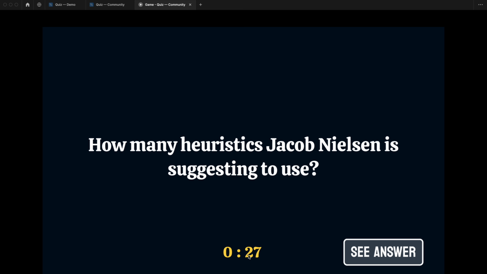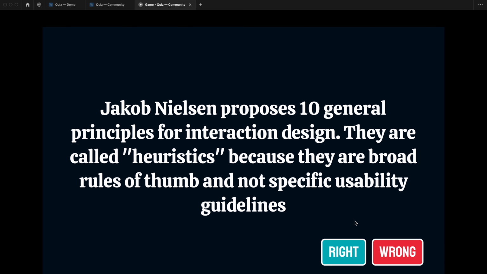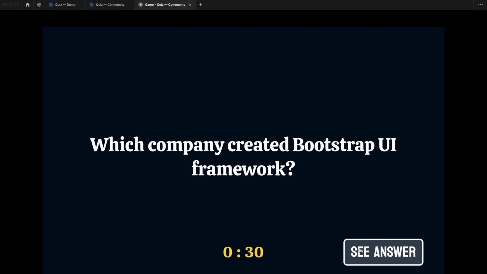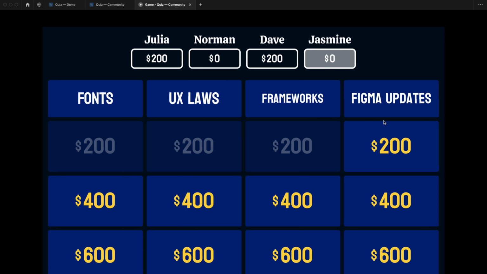Again, we can see that the timer has automatically started, and the question is how many heuristics Jacob Nielsen is suggesting to use. Let's say Norman doesn't know which heuristics we're talking about. Let's see the answer. The answer is very long, I won't read the whole thing, but we know that there are 10 such heuristics and Norman's answer is wrong, so we press the wrong button. And as we expected, Norman's total hasn't changed, it's still 0 because he gave the wrong answer. Let's do the same thing for Dave and Jasmine